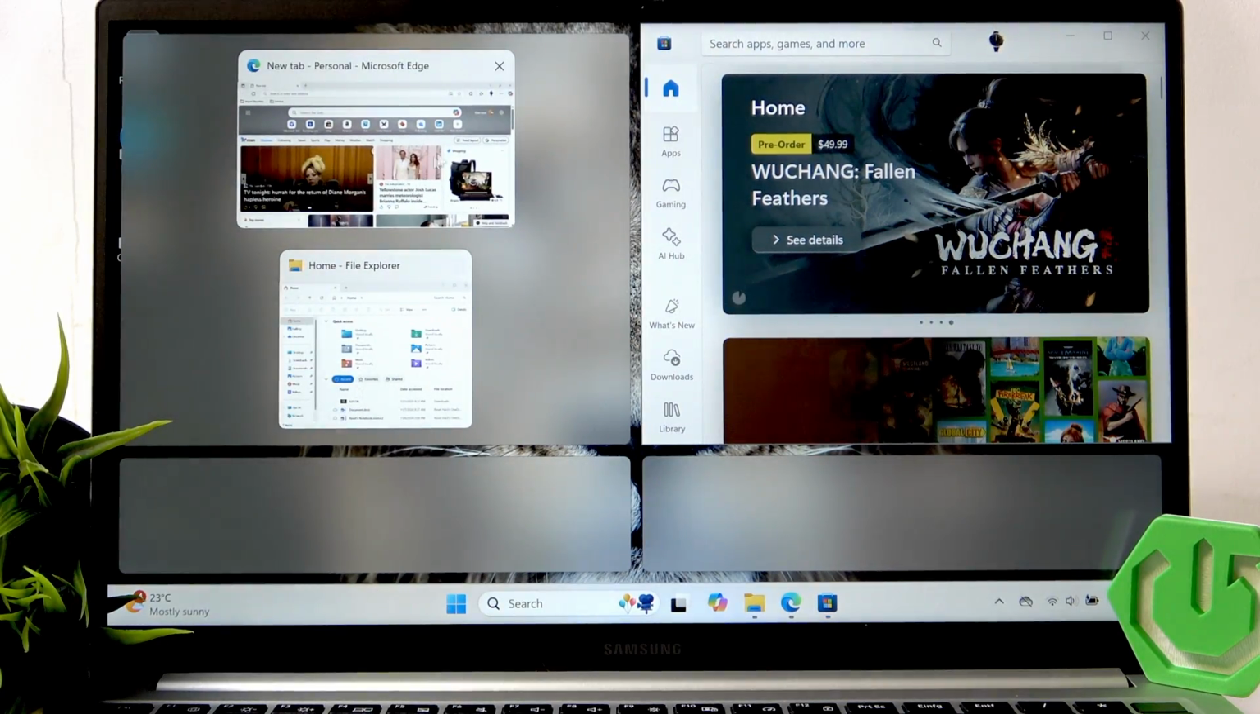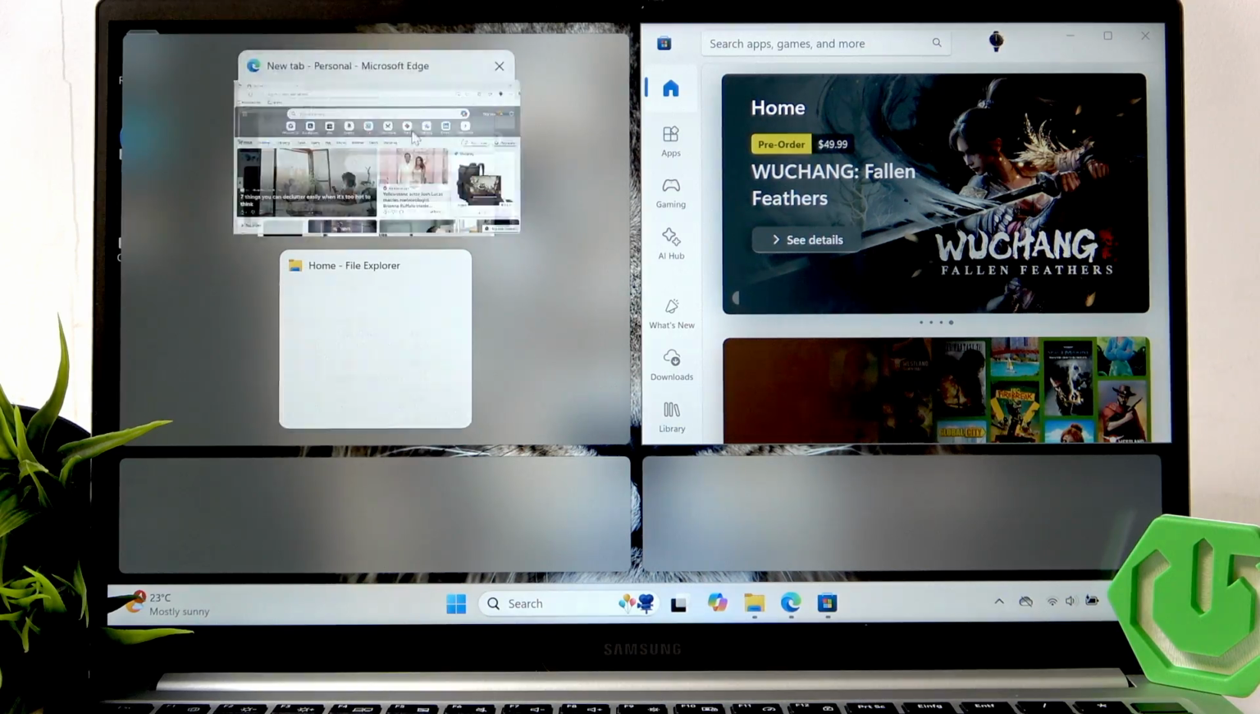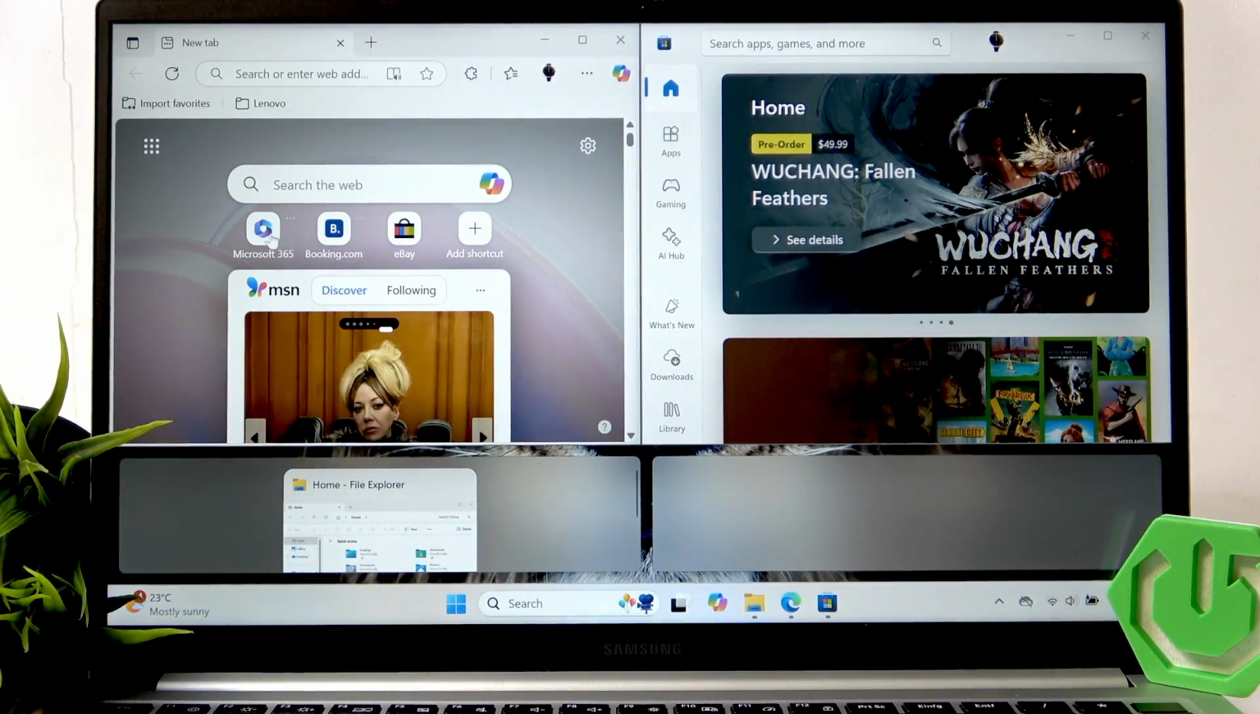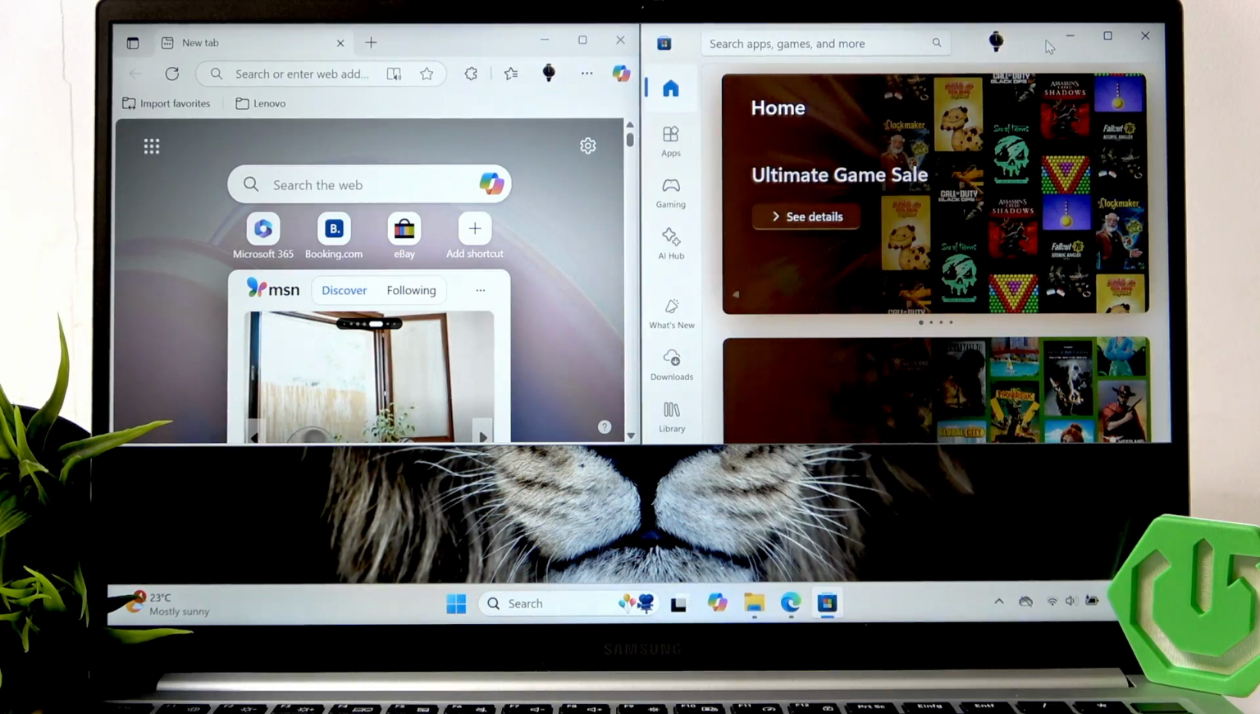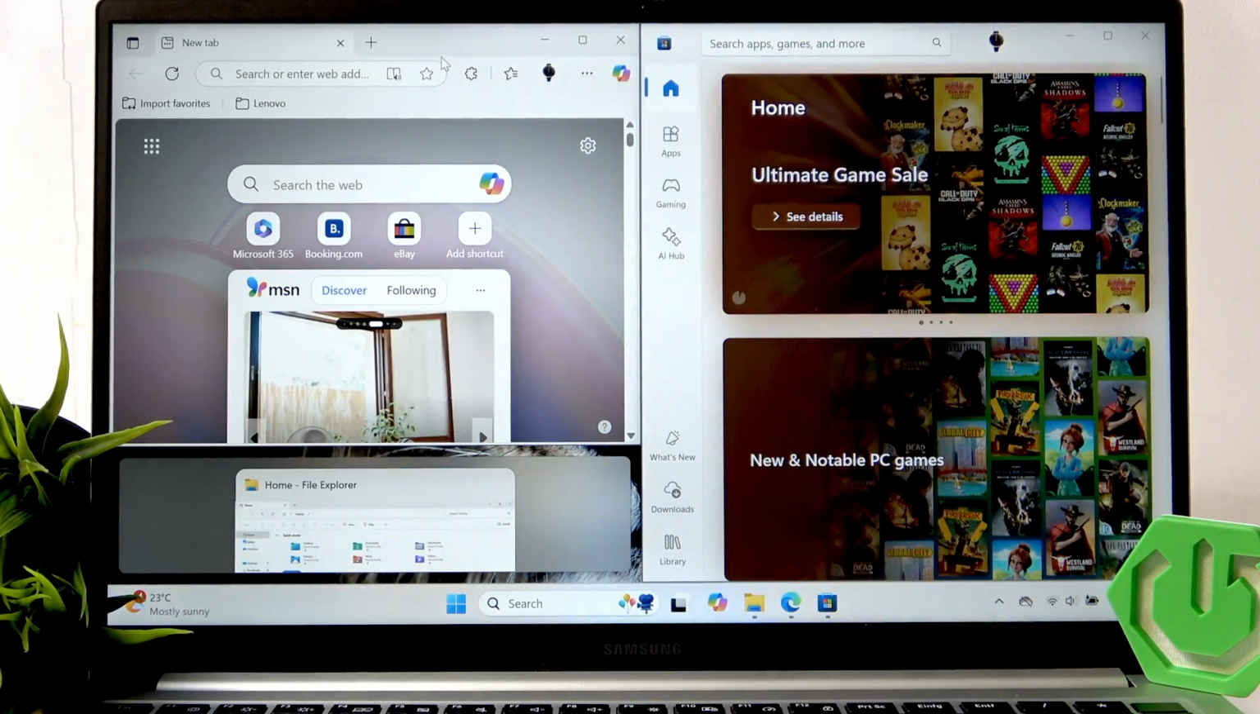Now select other app to be in the left top corner, and now left bottom corner. Or you can just split screen into 2